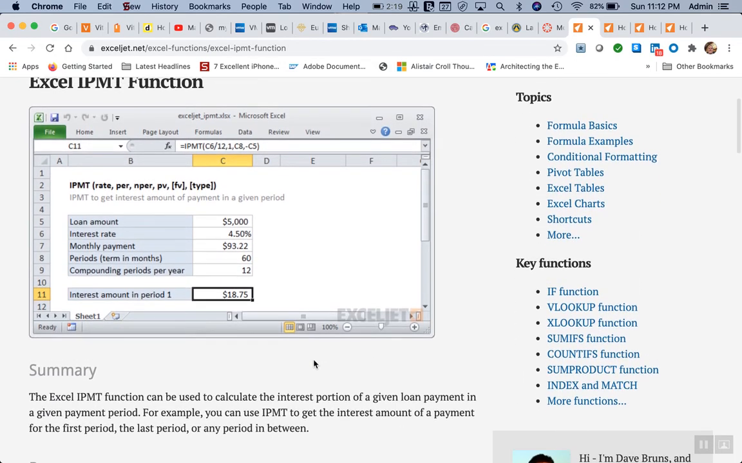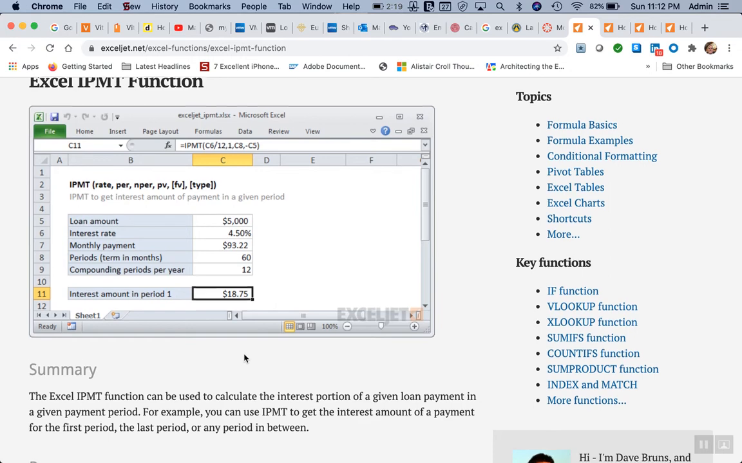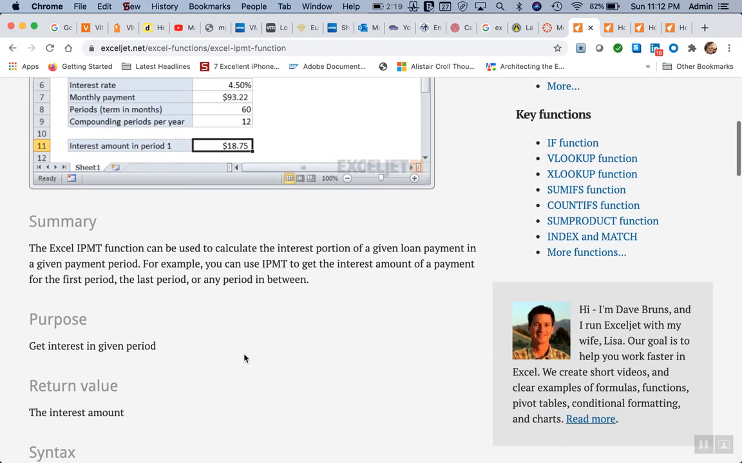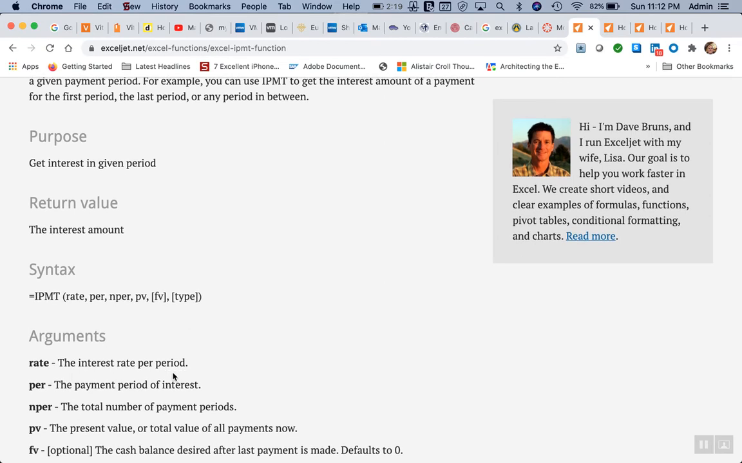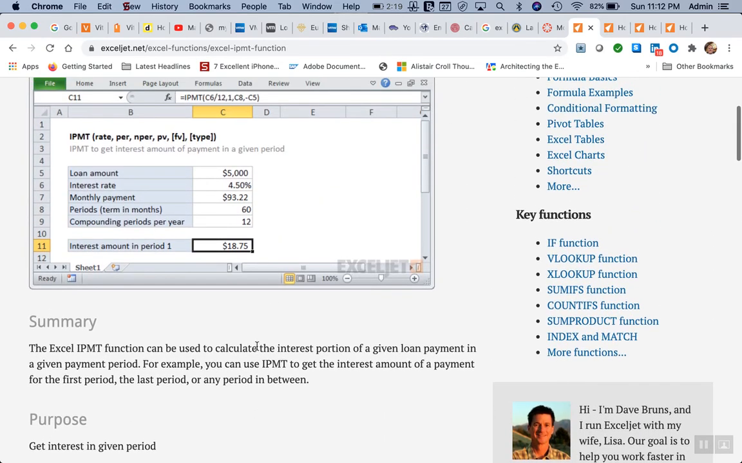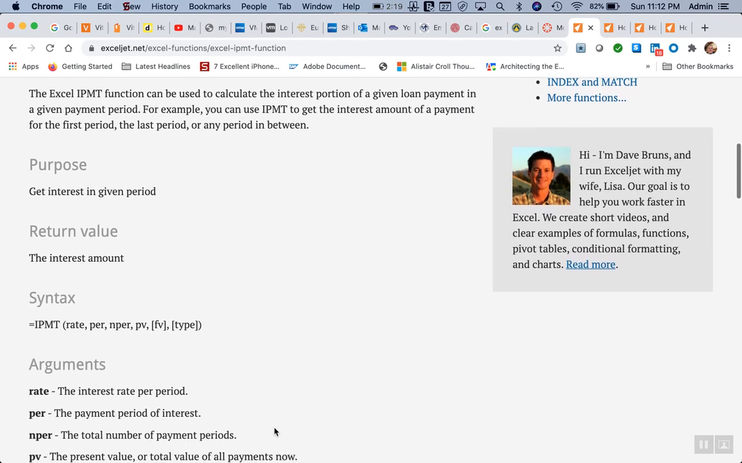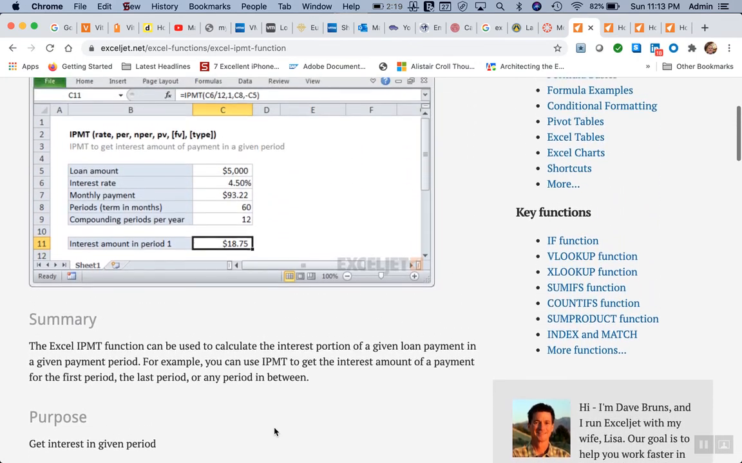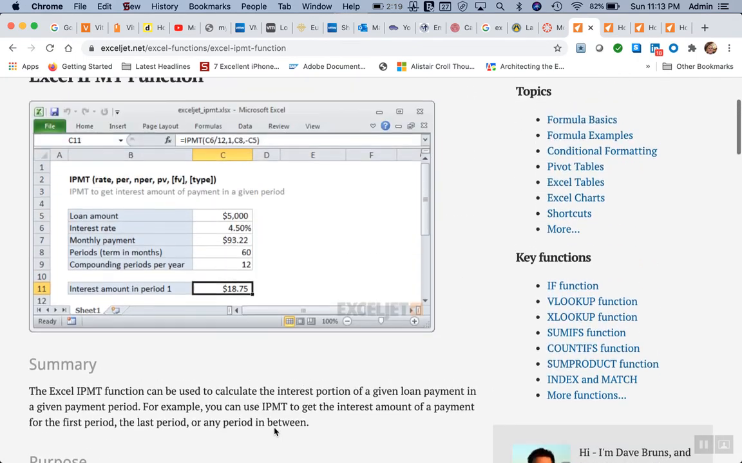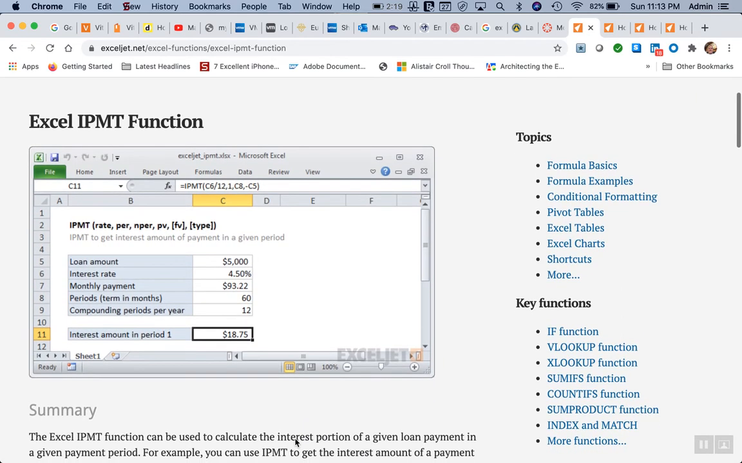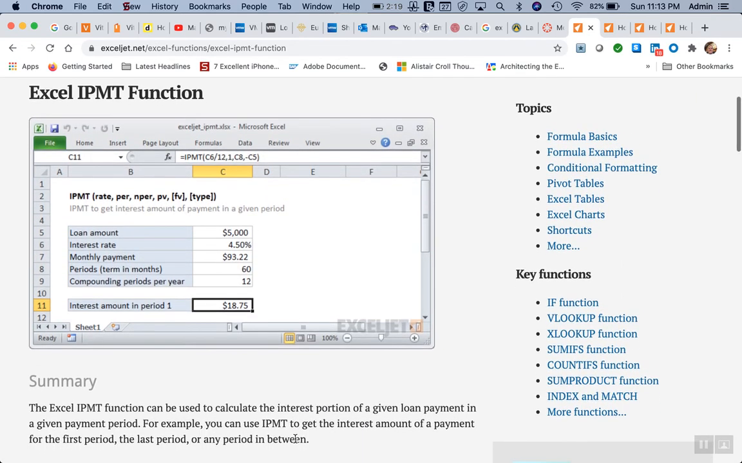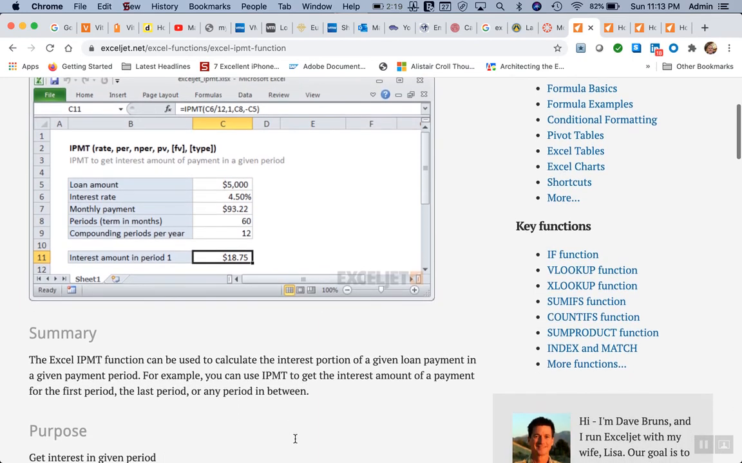So the way this works is, there's some tricky stuff in the IPMT. First, it'll ask us for the interest rate per period. That's the rate, the interest rate here. The second thing it's going to ask for is the PER, which is the payment period of the interest, which I believe we can set to be 1. And then the third parameter